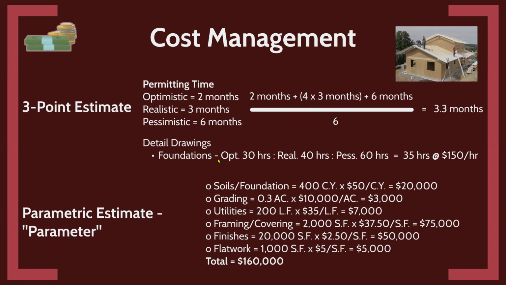I'm sure you all have probably used this approach as well. And you can do this with detailed drawings and other approaches, if you're estimating the number of hours of how long something's going to take and the costs associated with that, right? So some consultant might do this. And then you have the parametric estimate, and that's probably one, especially on construction costs, that we're most familiar with, right? So if I, again, using my house as an example, if I had 400 cubic yards at $50 a cubic yard for my foundation, I have grading at roughly a third of an acre at 10,000 an acre, right? So that's actually what's called a parametric estimate.